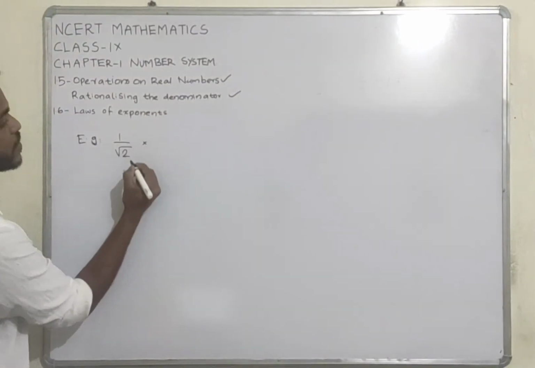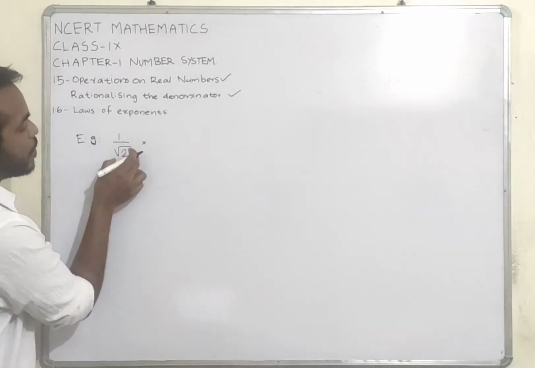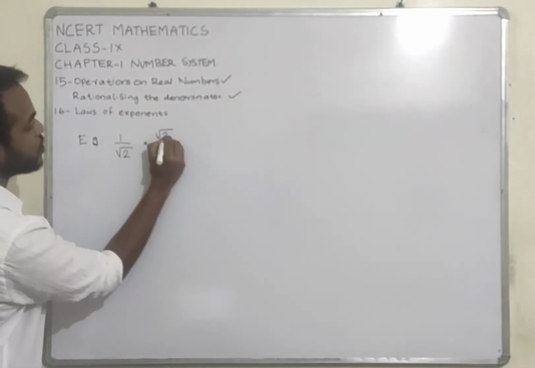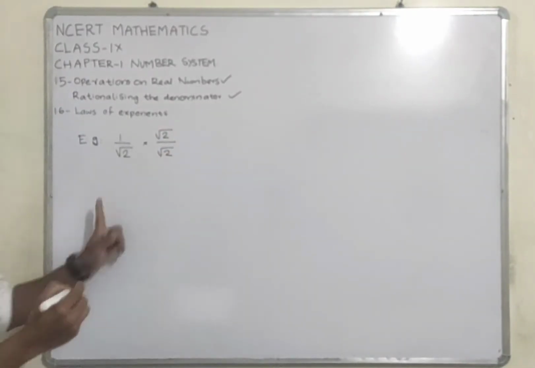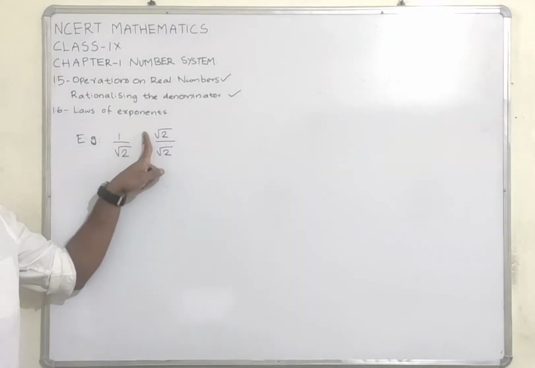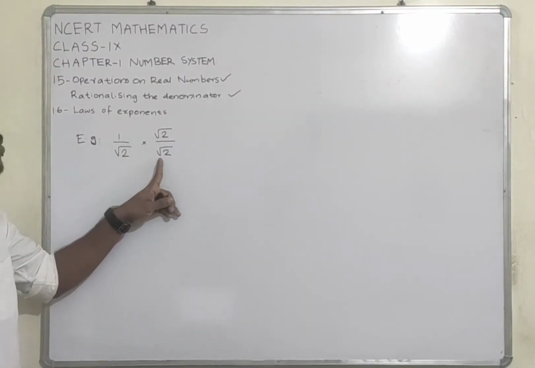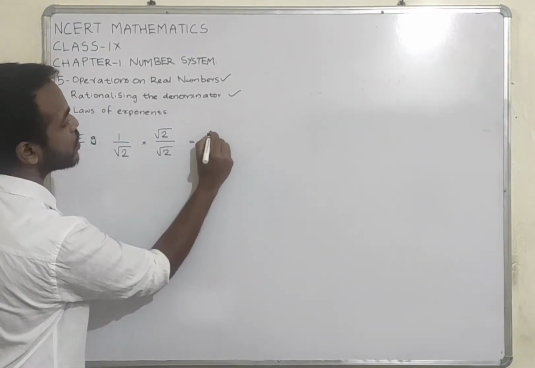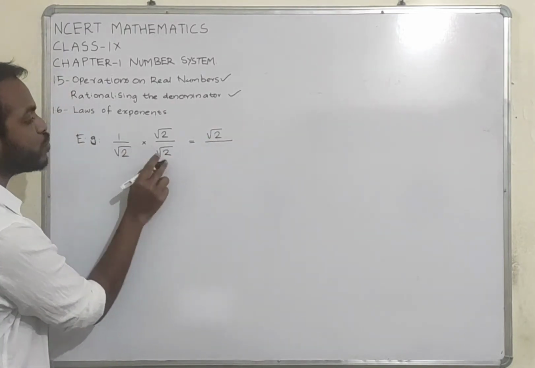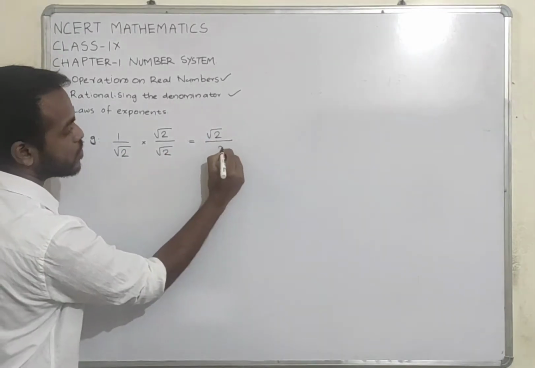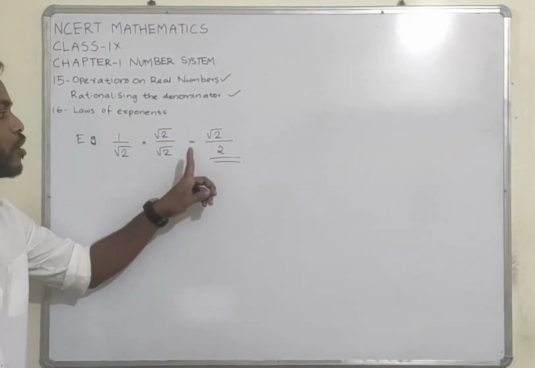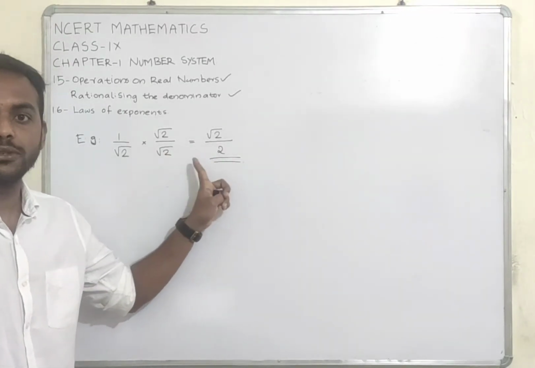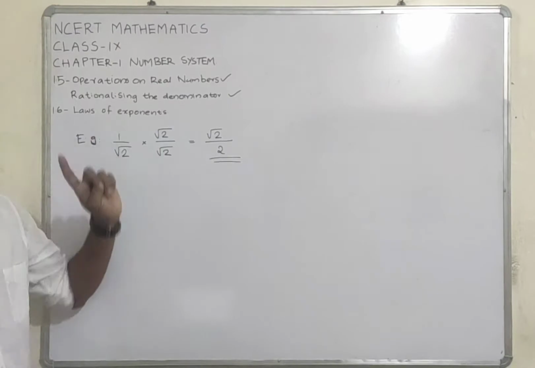To change it, we just need to give a small trigger. Multiply the number in the denominator by itself. If we do anything in the denominator, we are supposed to do it in the numerator as well. So we are going to multiply root 2 and root 2 in the numerator and denominator. So what will this give? Root 2 into 1 is root 2, divided by root 2 into root 2. What is that? It is 2. So is the denominator rationalized? Yes. The denominator is changed from irrational to rational. That is called rationalizing the denominator.